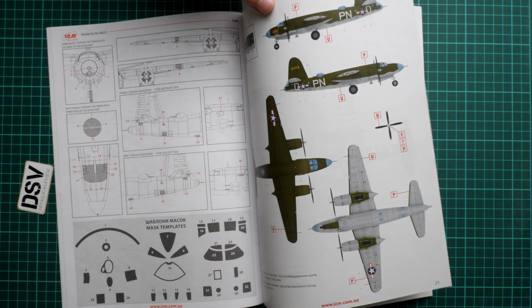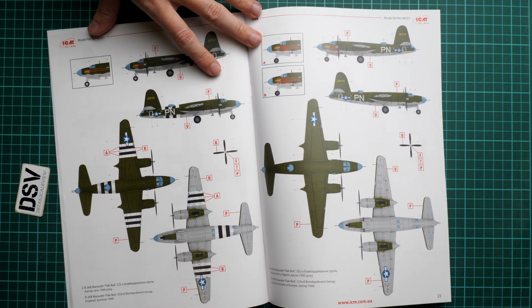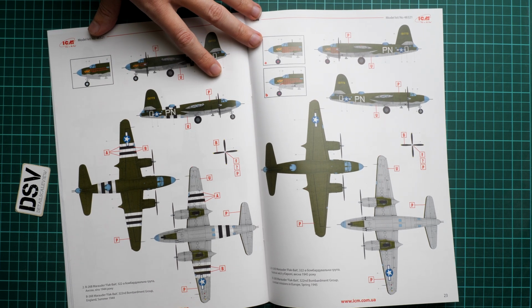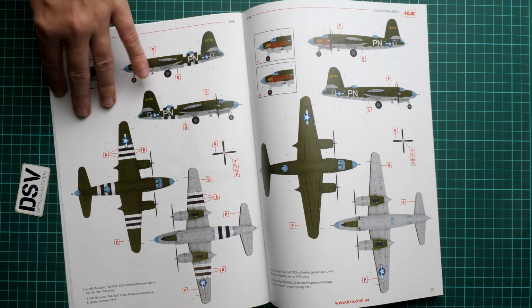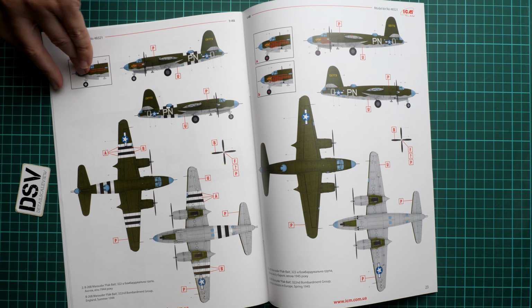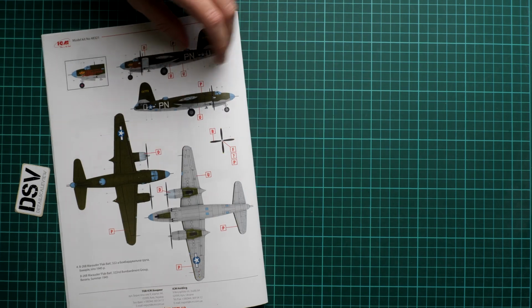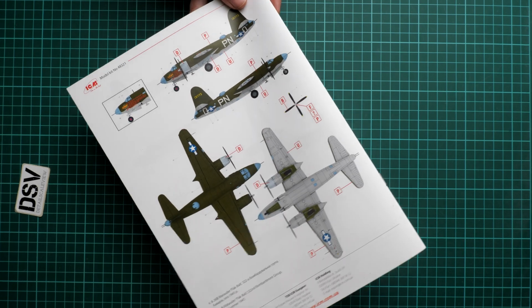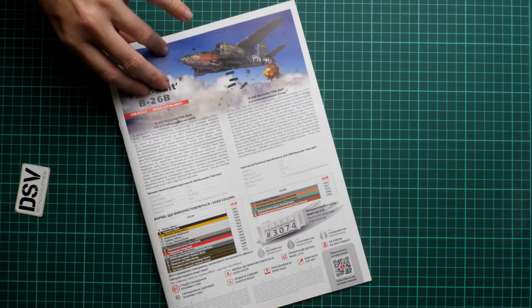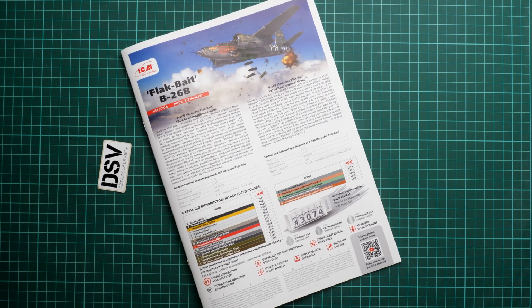The first marking option, just like on the box art. Here we continue with the second and third. I think it's the same aircraft, right? It's just the same aircraft depicted during the different stages of the invasion, which is quite interesting because here you can see another stage of the marking on this airplane. So quite interesting choice, and of course it should be already available in Modelimex,